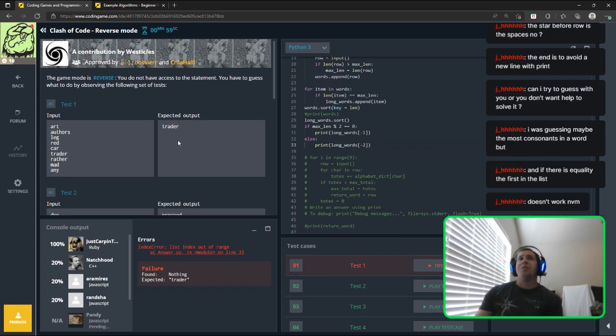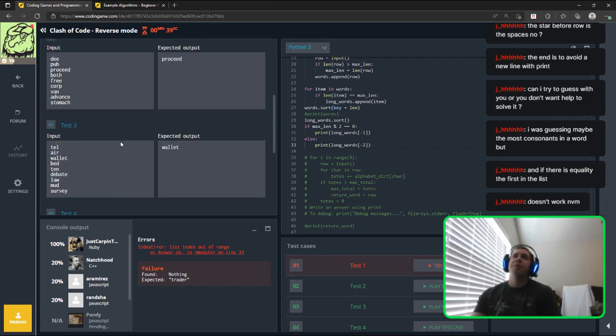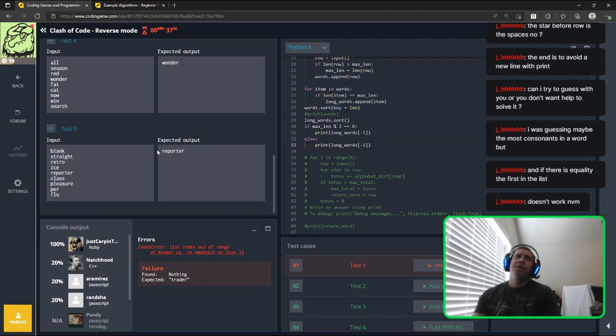But I'm thinking, so the first one, we get an index out of, oh, let me pull up the, yeah. So the first one, it's because I'm trying to access the second one when we only have one. And so that makes me think that we still need to keep it as one complete list, and then we're just sorting by length. Then if we look at 5, and then still,